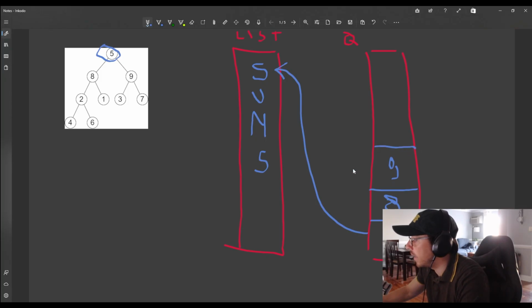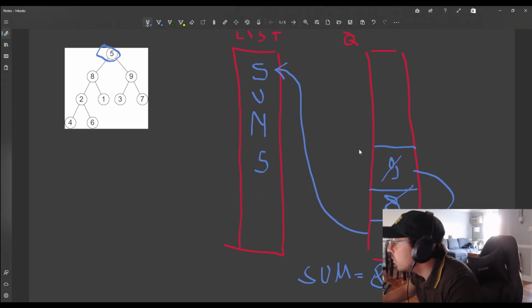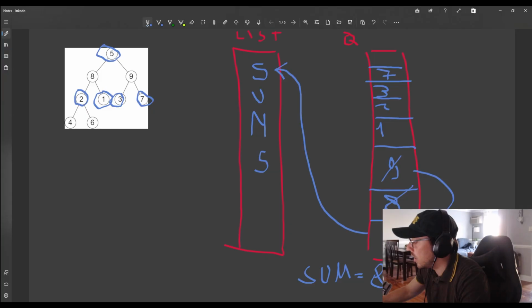Okay. Then we parse the queue again. We remove 8. We add it to our local sum. And then we put 9 here. We add it to the local sum. And before removing them completely from memory, we go and look at their children. 1, 2, 3, 7. And we put them here. And now that sum is correct, we push it in our list and repeat the same